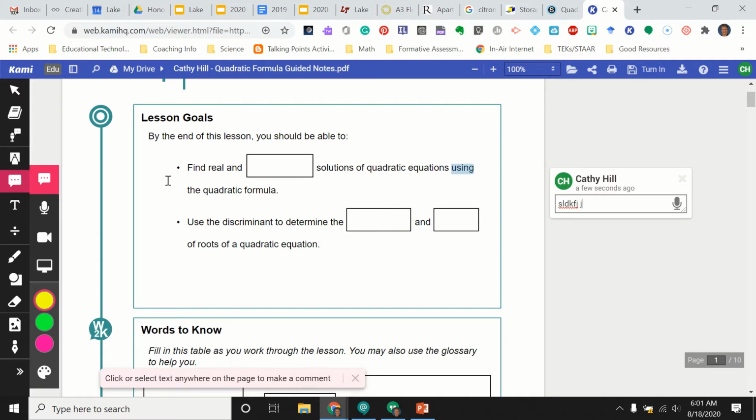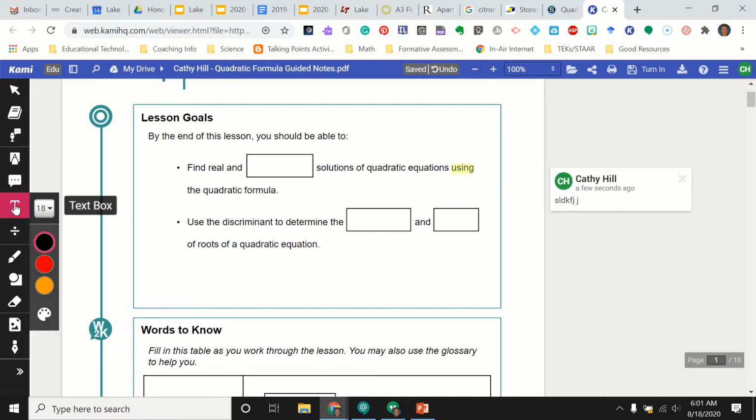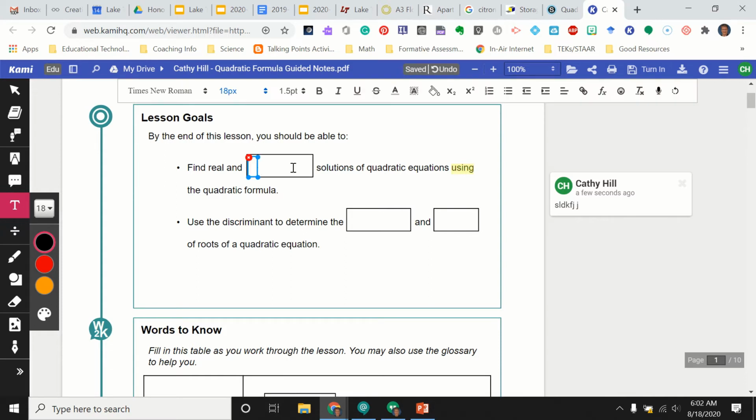Okay. All right, so then let's go to text box, and I usually make mine 18. Yours may be 12 when you start, but 18 lets you see things a little bit better, and you can put a text box anywhere on this page. Okay, I'm going to put it in this box, and I'm going to say find real and non-real. Okay, or I could put it out here and say,